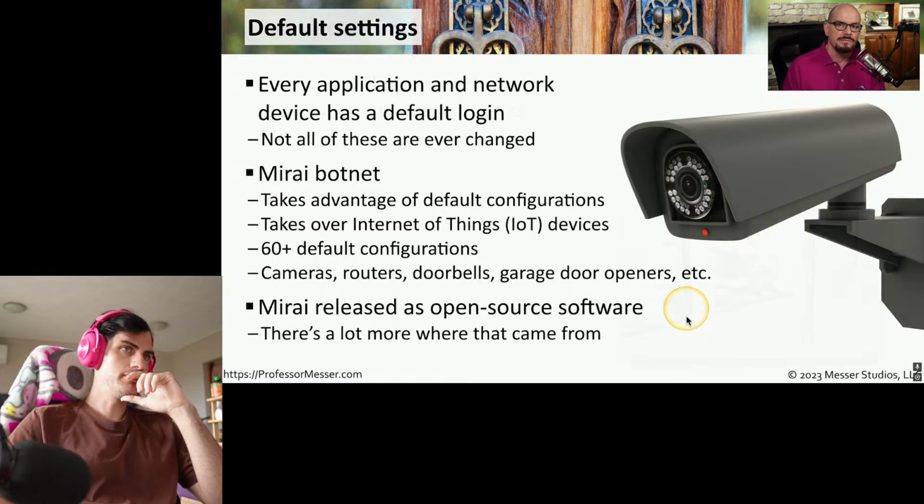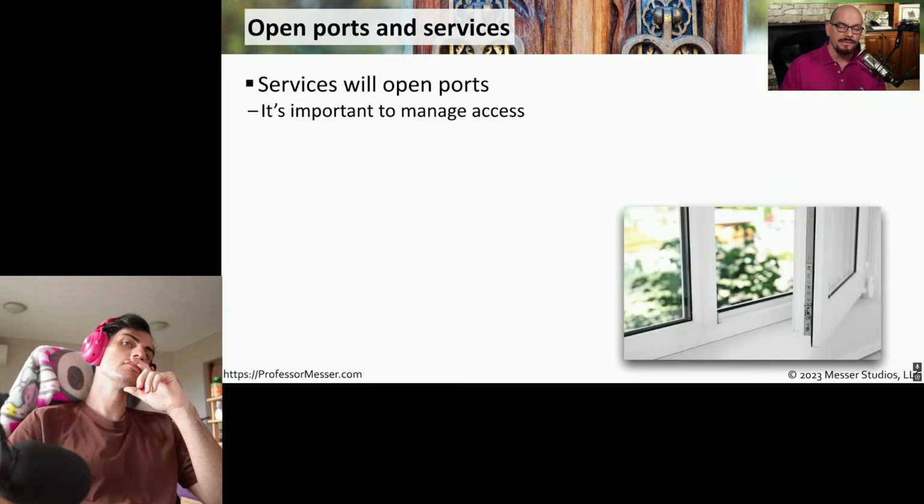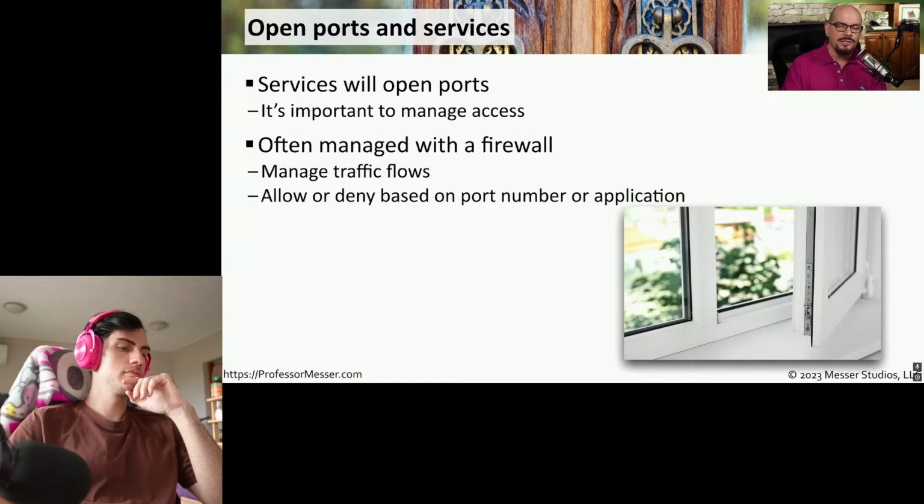Each time you enable an inbound service on a server, you are opening a port number. That port number is used by someone on the outside to gain access to that specific application. This process of opening port numbers is effectively giving someone a little bit of access into a section of your server. So it's important to limit the number of open ports that might be accessible by others. We will often manage this type of access to port numbers using something like a firewall. This gives us the option of allowing or disallowing access to a specific port number on a specific IP address.